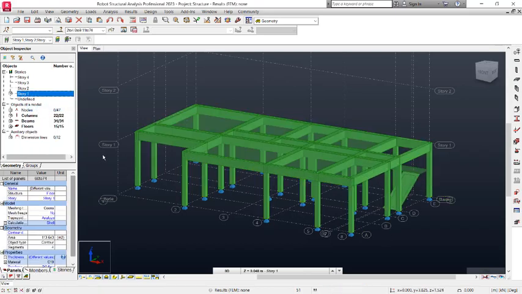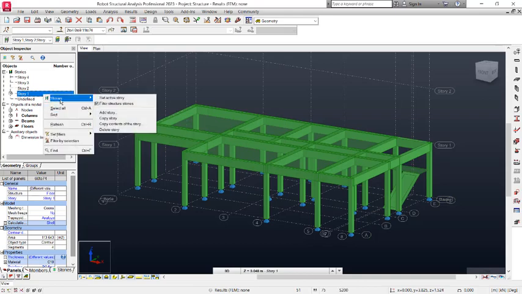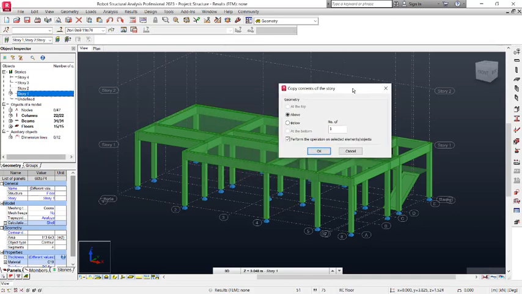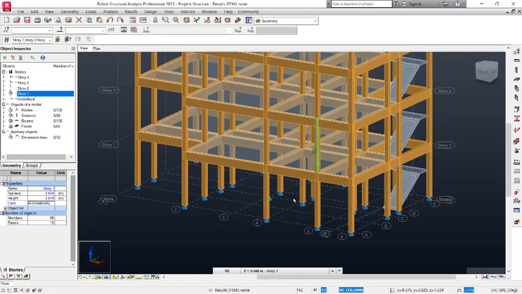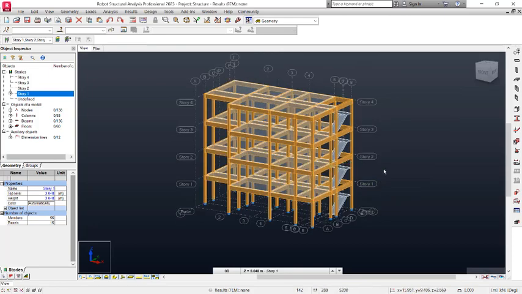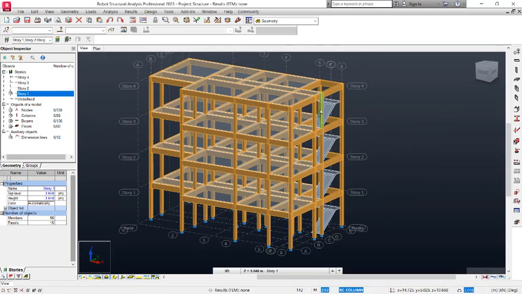Story 1. Okay, so also right click on it, and then you can now move to stories and then copy content of the stories options. Okay, so we are copying from story 1 to story 3 right there. Okay, up to story 3, click on the options. Right, so this is the fastest way to actually generate your stories successfully, so you can see. All right, so at this point there are many ways to actually generate stories in Robot Structural Analysis Professional, but that will be best explained in our ongoing